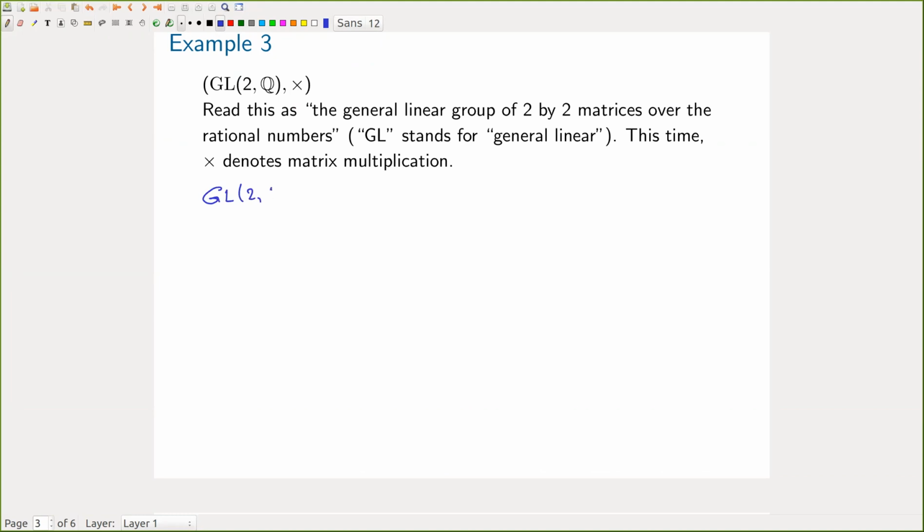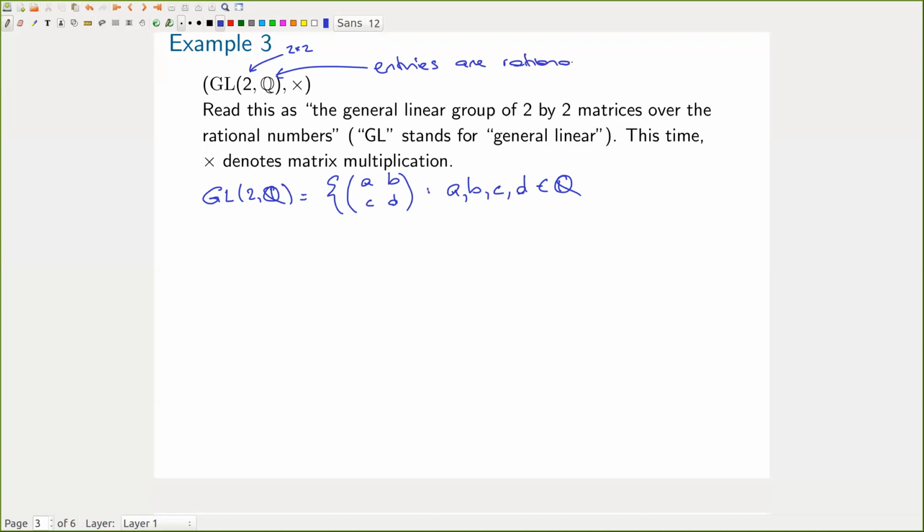By definition, the elements of GL2Q are the set of all 2 by 2 matrices. The 2 in GL2Q means 2 by 2, whose entries are rational numbers. Remember, Q stands for rational numbers. The Q there tells us that we're talking about matrices whose entries are rational numbers. And the other thing that's included in the GL part, the general linear group, is that we're talking about rational matrices whose determinant